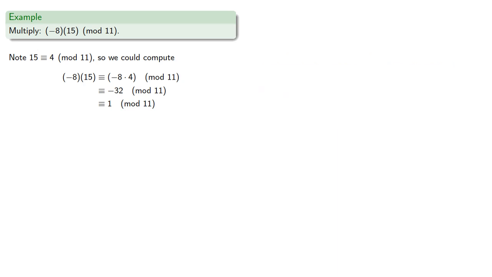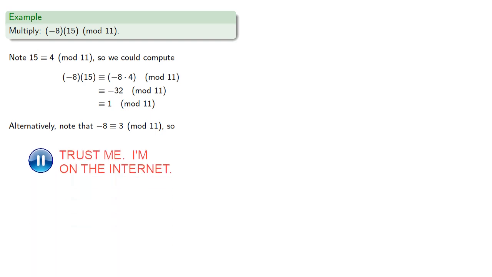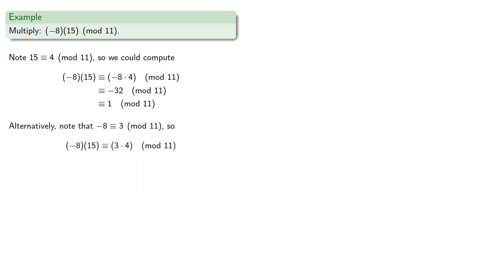Alternatively, we might note that negative 8 is congruent to 3 mod 11. So we could have reduced both factors at the start to get